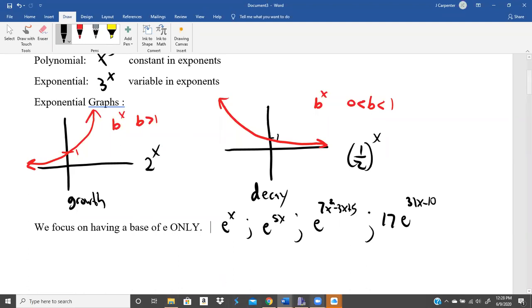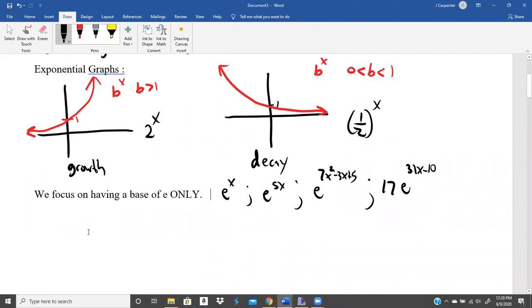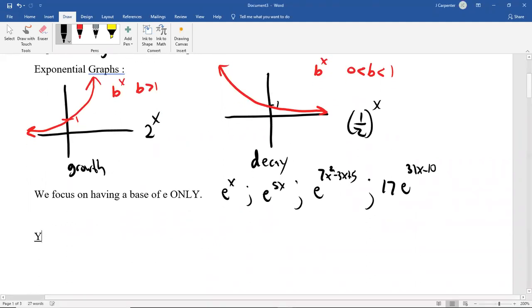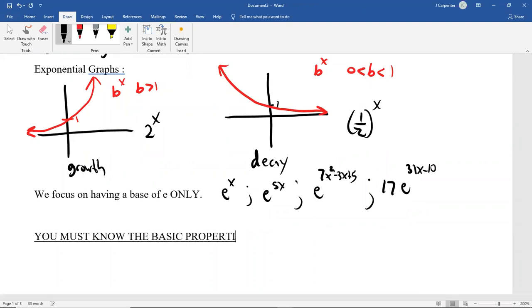All right, rants aside, quick reviews aside. Now, I'm going to point out that you must know the basic properties of exponentials before we get to the calculus. This is review material. I'm going to write it really quick. I'm not going to do any examples, but things like the fact that,